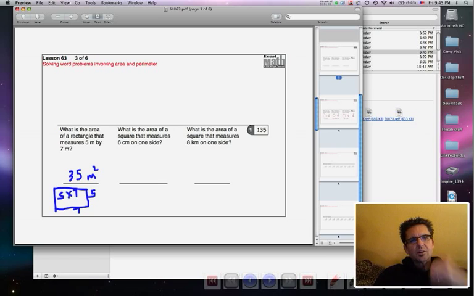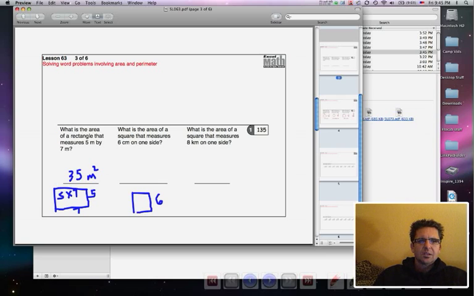The next one, what is the area of a square that measures 6 centimeters on one side? Okay, here's the square. 6 centimeters on one side, which means it's 6 centimeters on this side. Area, again, is found by multiplying one side times the other. So you should have done 6 times 6, not 6 times 4, because it's one side times the other. 36